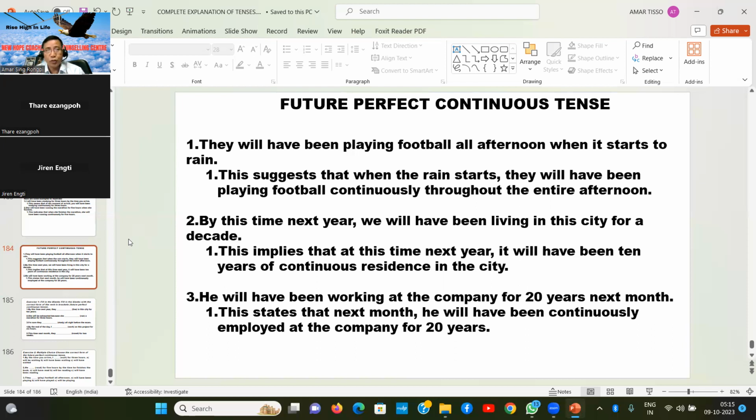Especially in business English, we have to speak short, direct sentences. But we have to